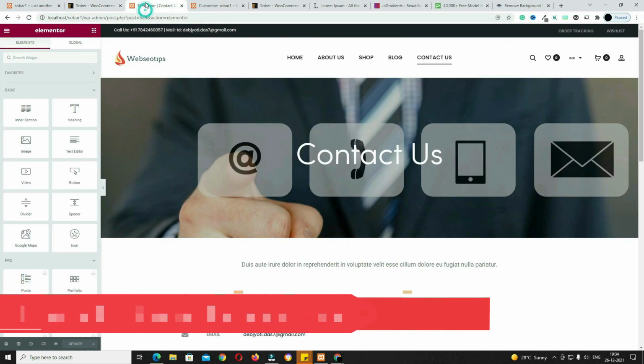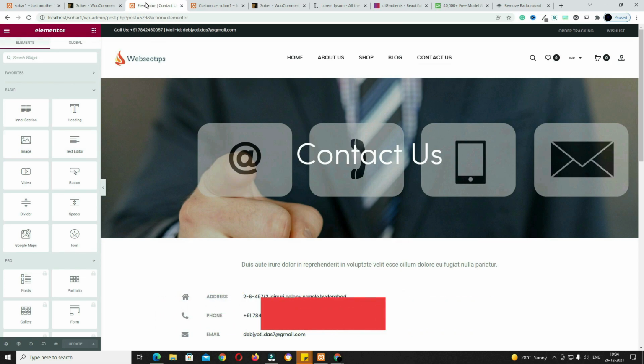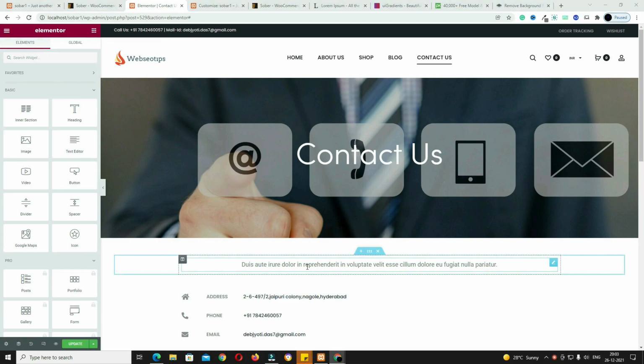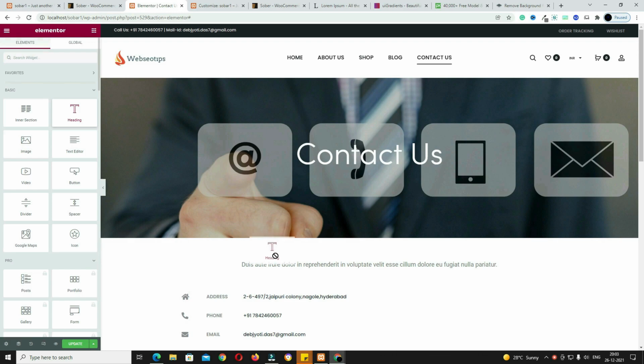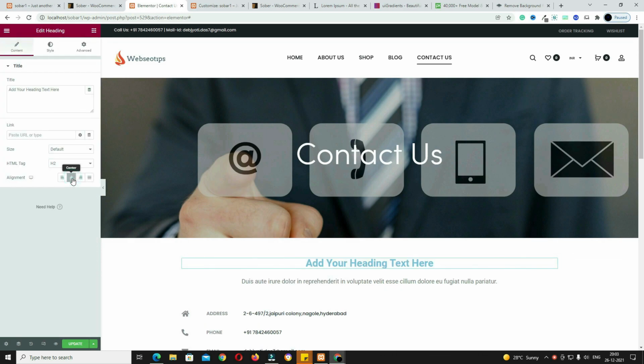First of all, this theme uses Elementor as the default page builder. So making a website is very easy by using this Elementor page builder, because Elementor is a live page builder. By just drag and drop you can design anything. Like you need a heading on top of this text box, so just drag and drop the heading here like that and you will get the heading, and you can make it center aligned by clicking like that. It is very easy to make a website by using this Elementor page builder.